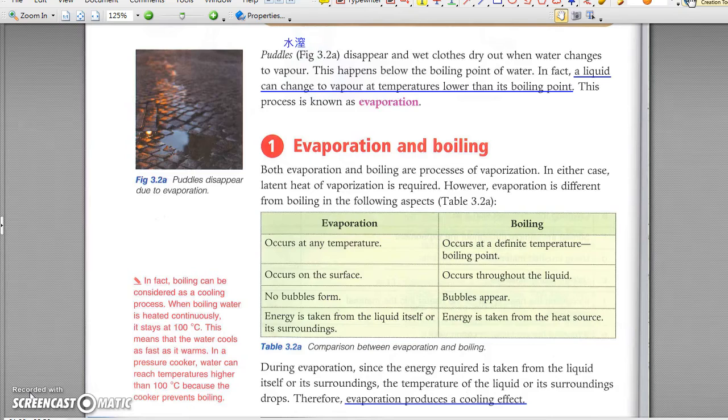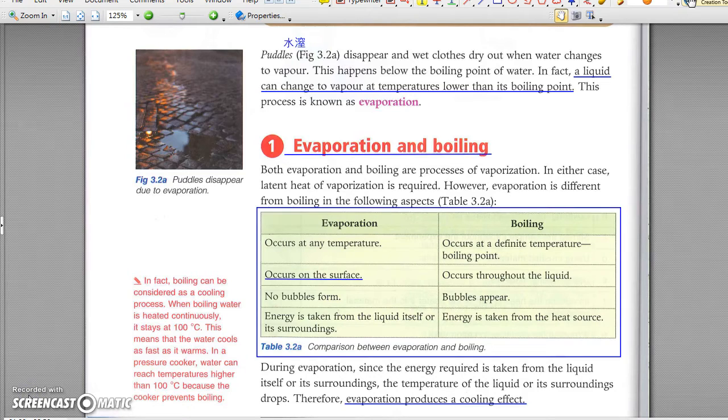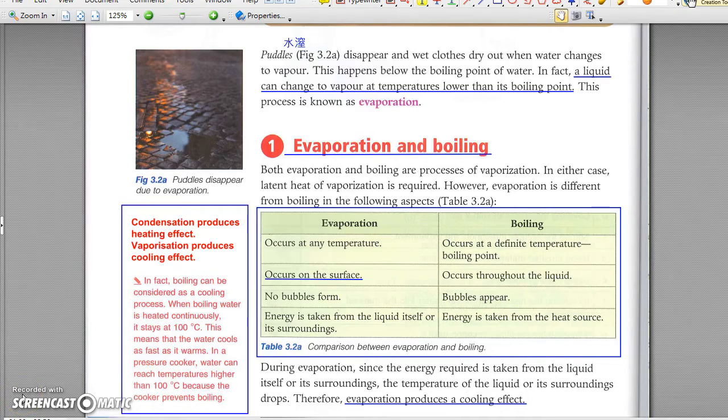1. Evaporation and boiling. Evaporation is the vaporization of water that takes place at any temperature, while boiling takes place at boiling point only. Evaporation occurs when more energetic molecules on the liquid surface escape from the liquid. These molecules absorb energy from their surrounding molecules. As the more energetic molecules leave to become vapor, the liquid molecules have a lower average kinetic energy, and hence evaporation always produces a cooling effect.